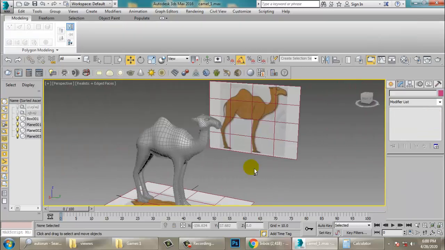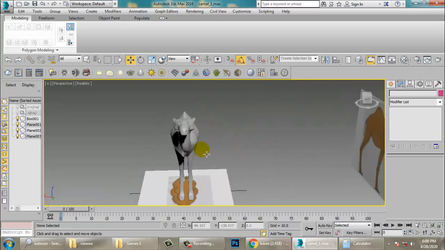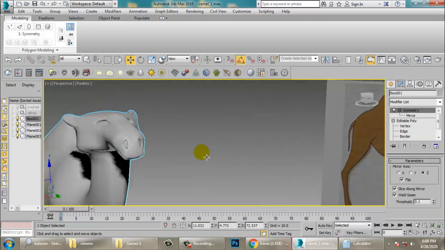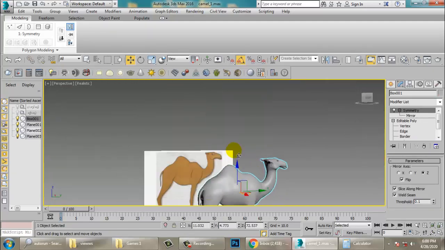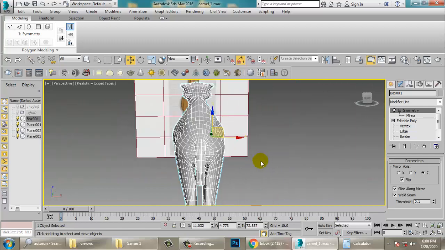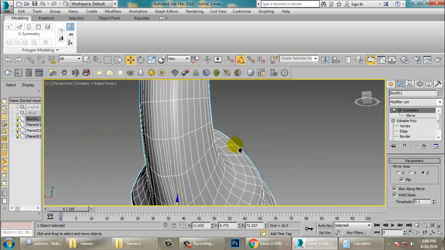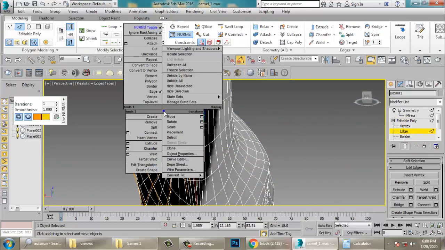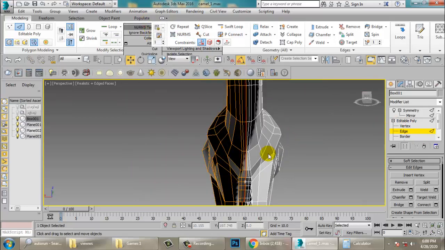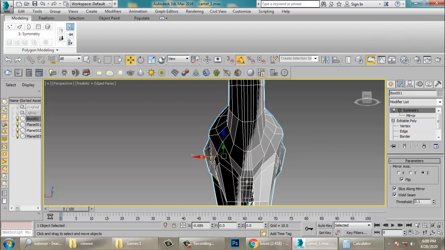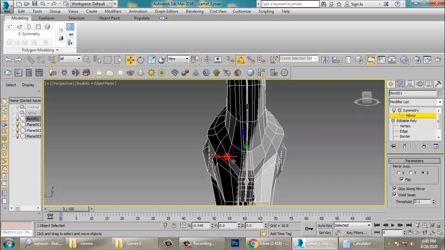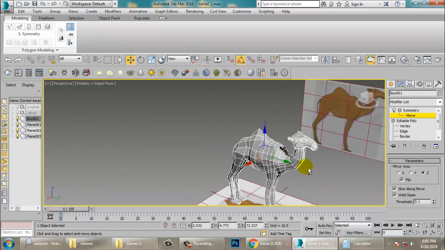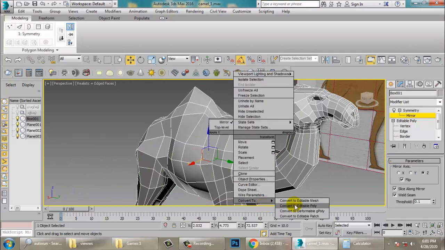So now what you need to do is, you can easily weld it. So you can just weld this stuff like so. Just come out of the nurbs toggle over here and mirror, and let's convert to editable poly.